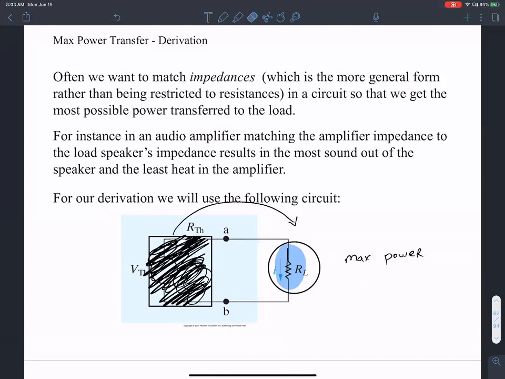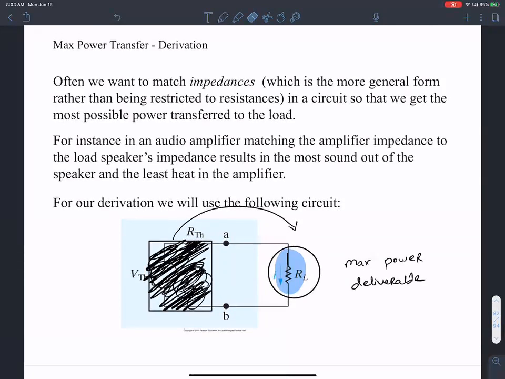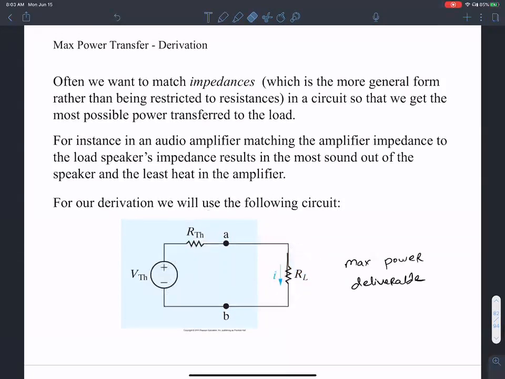Let's say maximum amount of power deliverable from that black box. Okay, I want to get as much as I can get out of it. That's the idea. And in order to do that, the simple theorem is that the equivalent resistance should match this guy. Okay, for maximum power to be delivered,